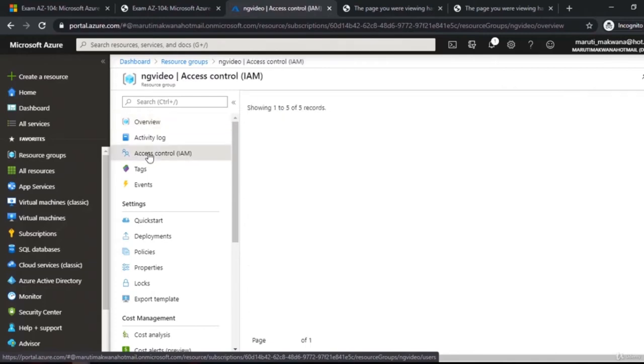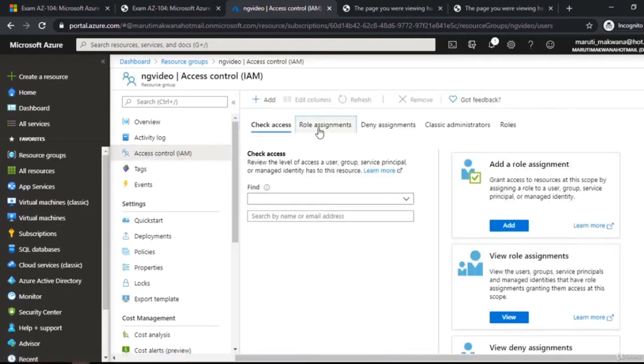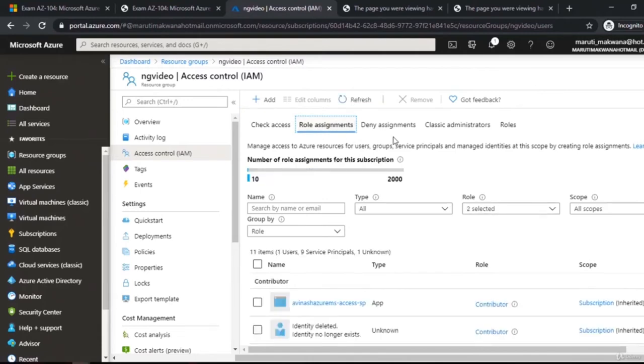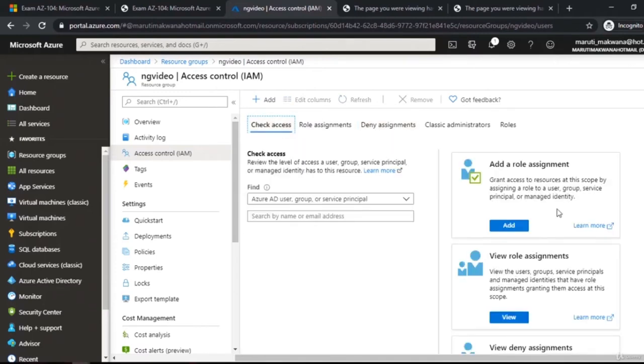This access control, when you click on it, has four sections inside. You can assign a role to a particular user on that resource. You can deny that assignment. You can figure out which kind of access that user has, and then you can see the assignments, or you can assign the role from here also.